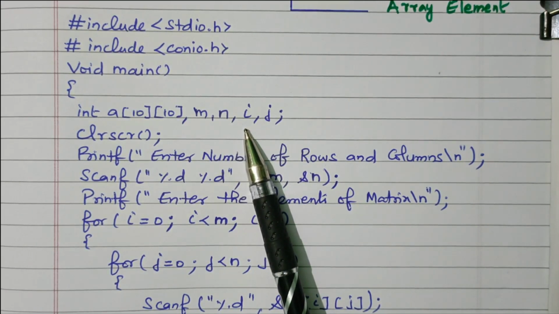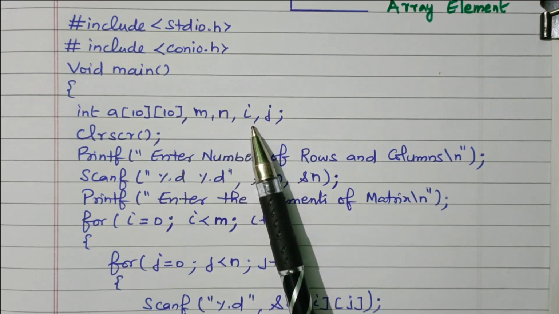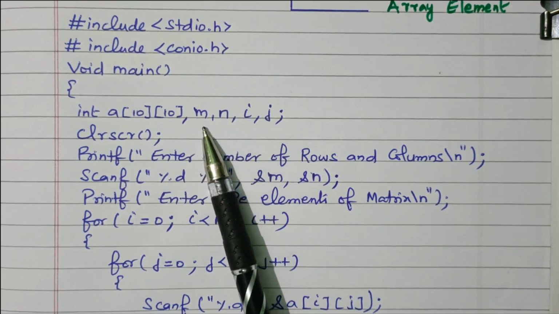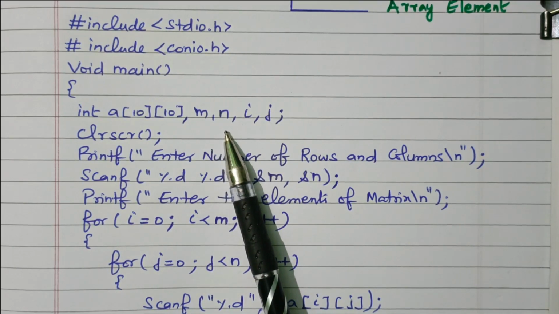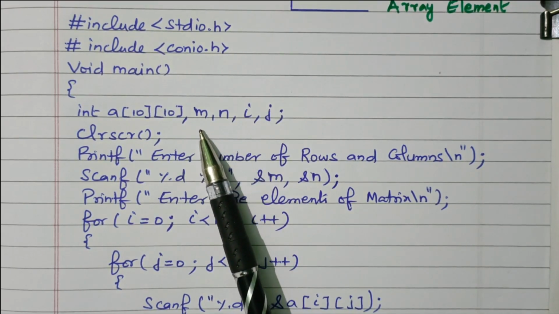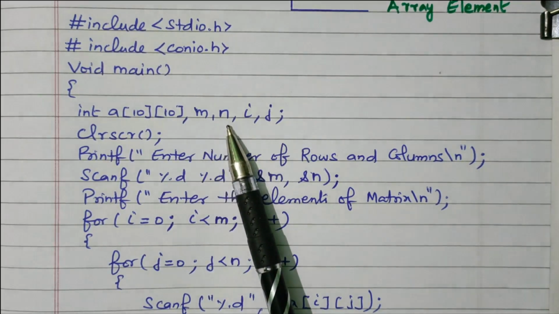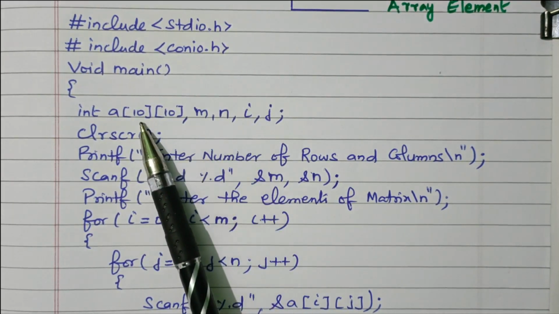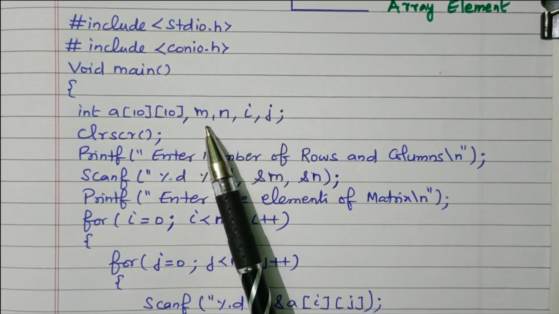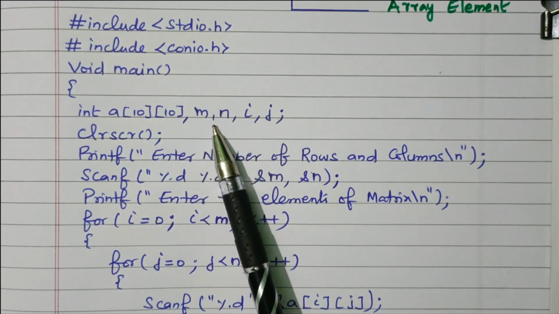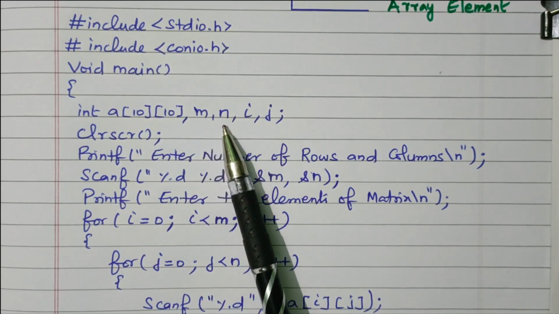In order to vary the column, one more loop is needed inside. So we declare i, j for creating the loop. This m, n refers to the row size and column size, right? So we need to get the row size and column size from the user. So we declare two more variables, m and n. m we assign row size, n we assign column size. So this is the maximum number of row and maximum number of column. This is the row and column entered by the user, m and n, number of rows and number of columns,